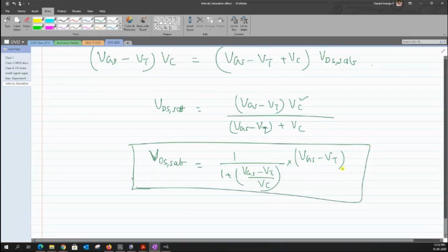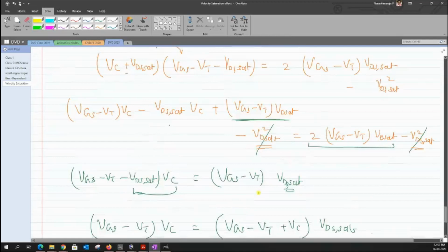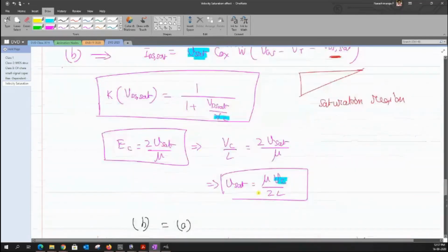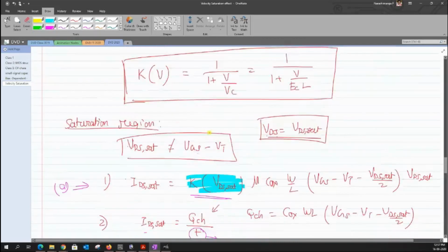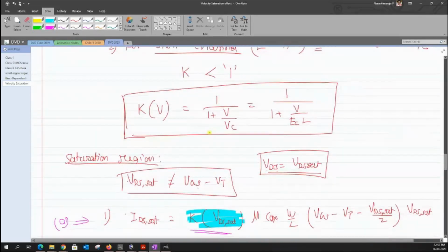So this VDS sat is actually proportional to VGS minus VT, but there is a factor that sits between the VDS sat and the VGS minus VT. And what is this factor? How can I rewrite this factor? This factor is almost similar to the expression of this kappa that we derived earlier, right? Because the kappa of V can be written, where is that kappa of V? Yeah, so kappa of V has a form that is written as 1 divided by 1 plus V times that